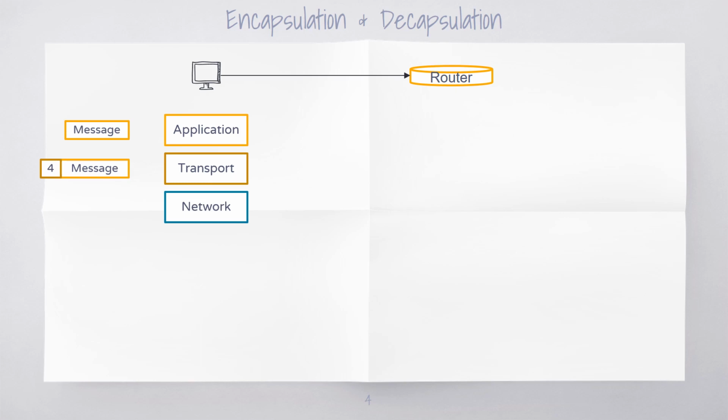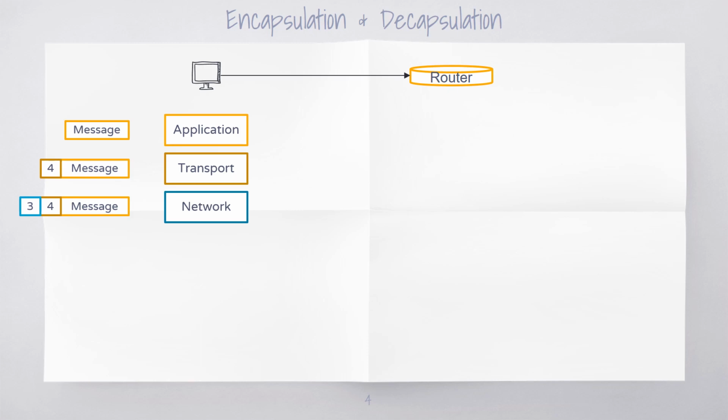It takes the transport layer data unit, and it will add its own header, which typically will have information related to the source and destination network addresses. Along with that, it may have additional information such as fragmentation or error checking of the header. So this resulting information unit is referred to as a datagram.